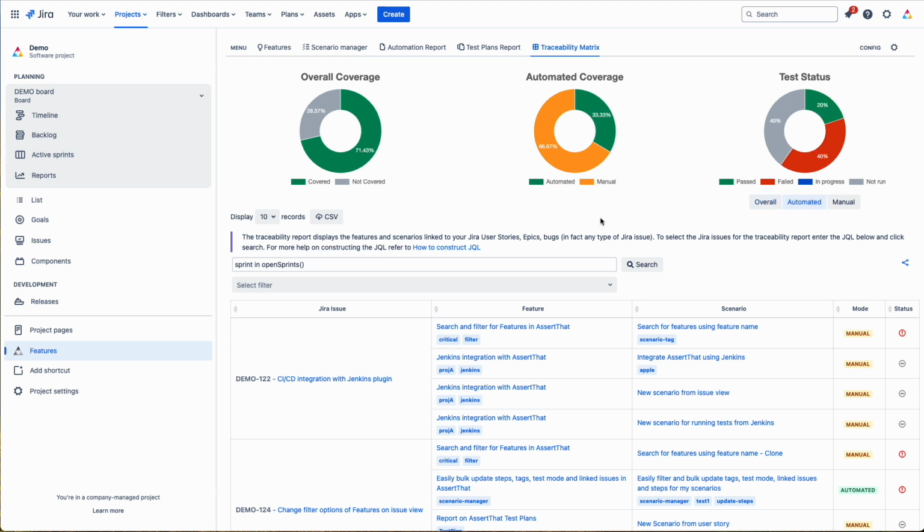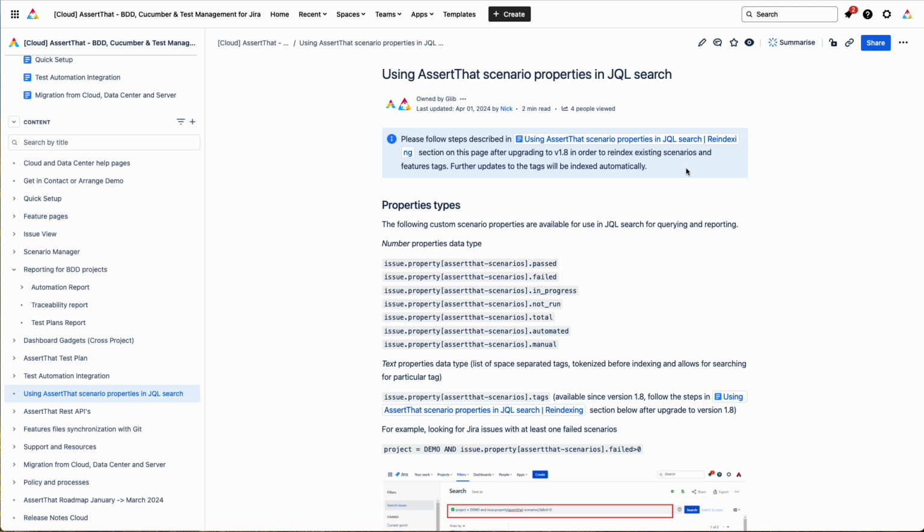Okay, so let's have a look at some of the advanced JQL filters. These are really useful if you want to return issues which have certain types of scenarios linked to them in terms of their execution status, whether they're automated or manual, and even if they have certain tags. Our Confluence pages detail all of the different custom issue properties. So let's take an example.